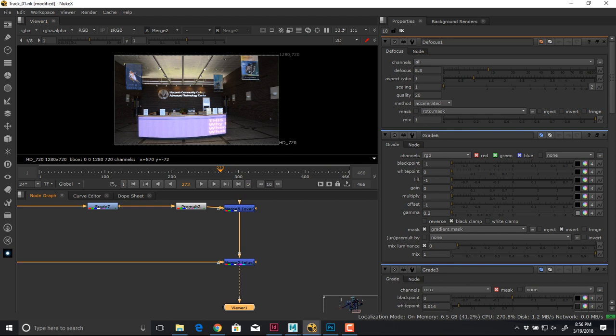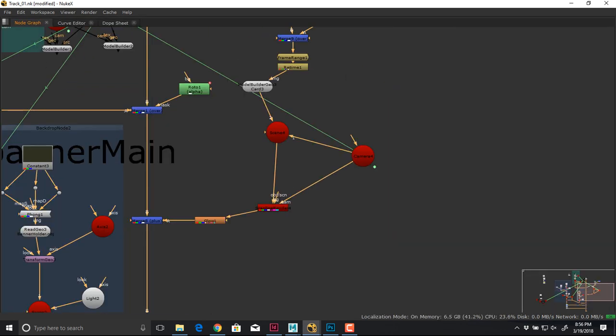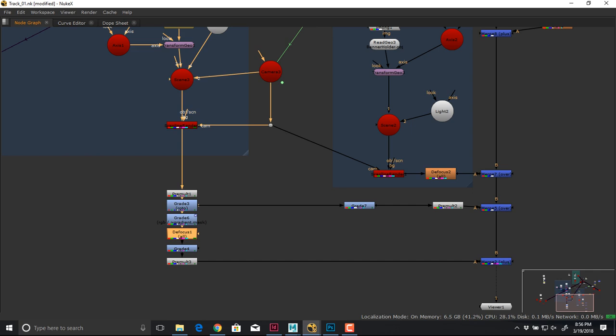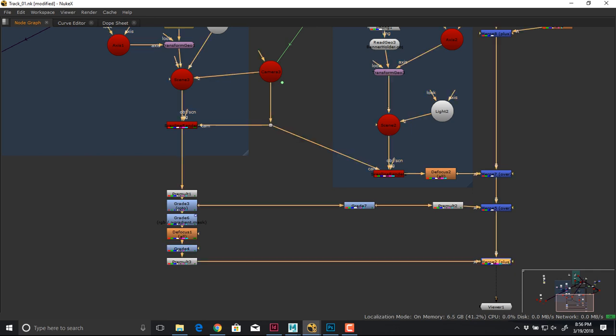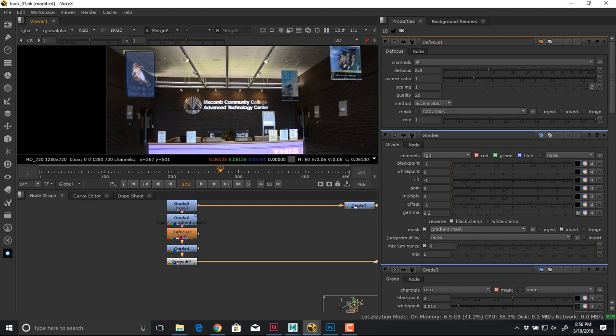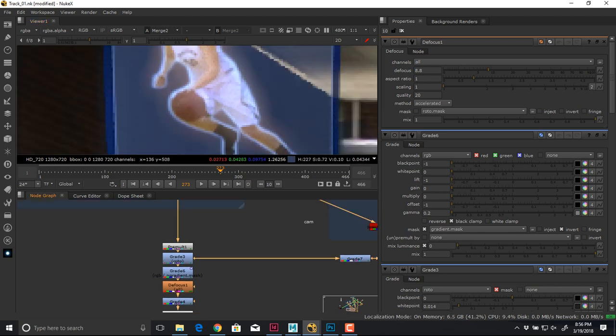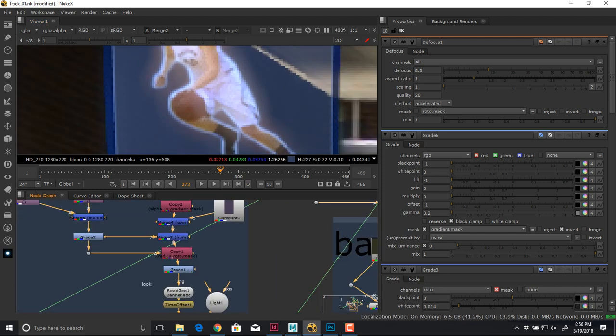Okay? So in the first one that I did, which was way over here, I just added a glow node. The other one, I made my own glow node. Okay? And it's basically just a defocus and then coloring it up. That's it. So there's my defocus. I created a color, and then I blurred it up, and then I dropped it on there. Okay? So I think that feels a little bit more fancy than going with,